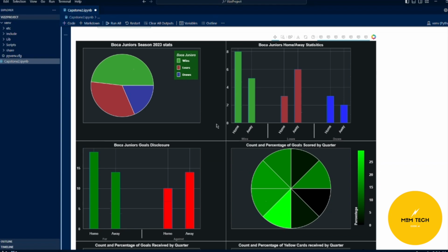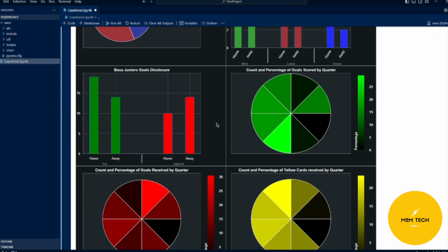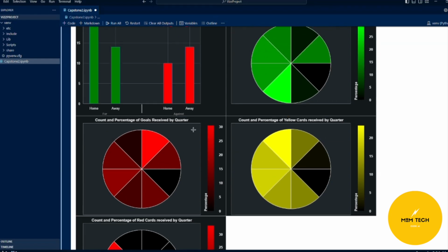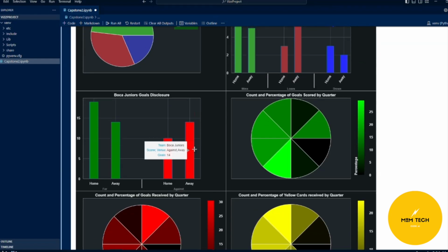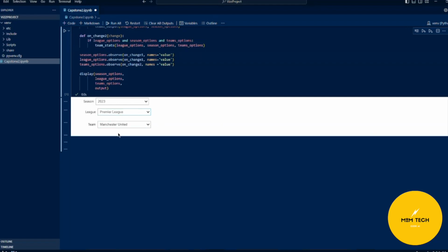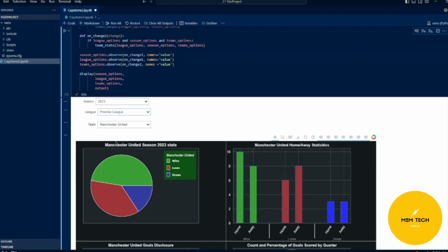We can see that the data is not as good as for River Plate in this case, but we can keep checking the same kind of information to generate our own insights, just for knowledge, or if you have the hobby of betting, you can use this kind of information as well. So I don't know, now let's change season. Let's try season 2019, for example, with the team that I like, which is